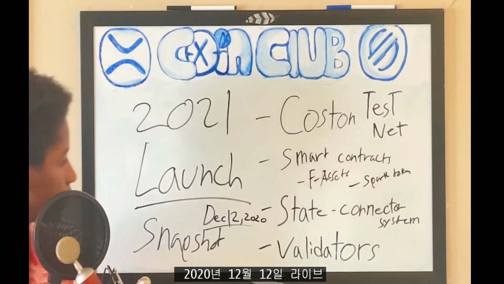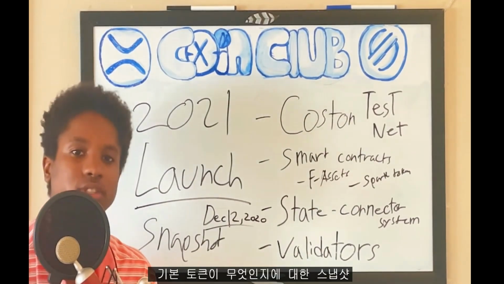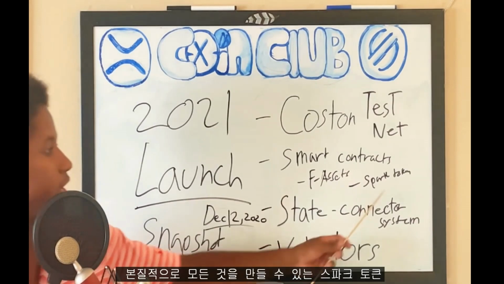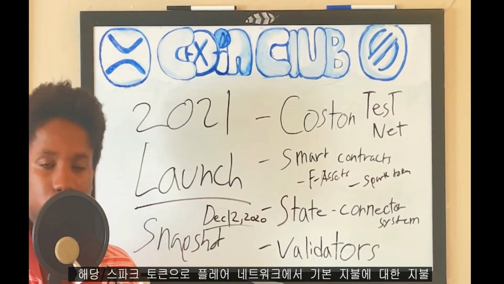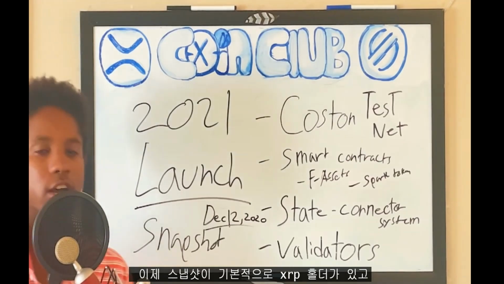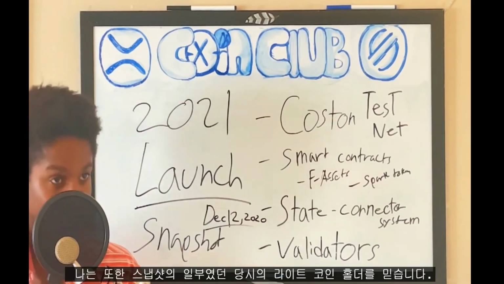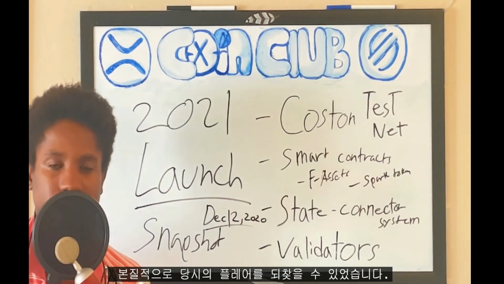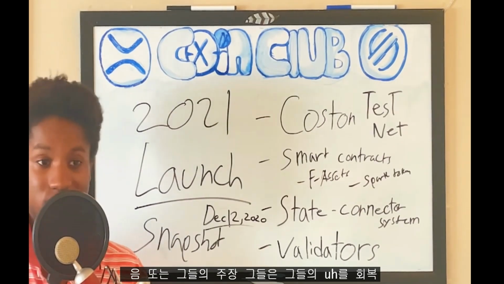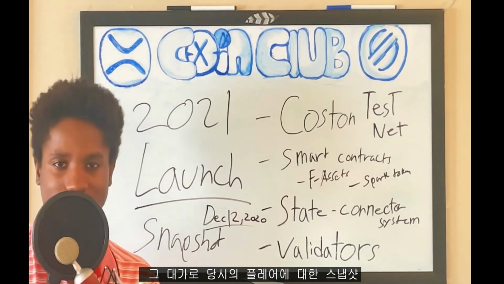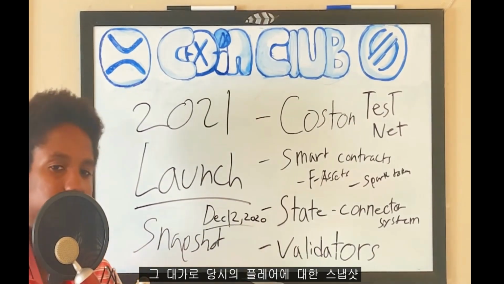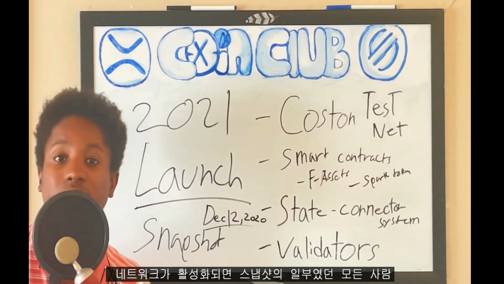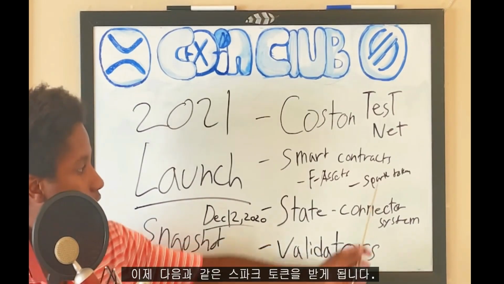Now, before it goes live, back on December 12th, 2020, there was a snapshot for what is the native token, the Spark token, that essentially allows you to make all native payments on the Flare network. When they had the snapshot, XRP holders and I believe also Litecoin holders at the time that were a part of the snapshot were able to reclaim their Flare in exchange for it to be delivered when the network goes live. Currently the network isn't live, but when it goes live, all of the people that were part of the snapshot will receive their Spark tokens.